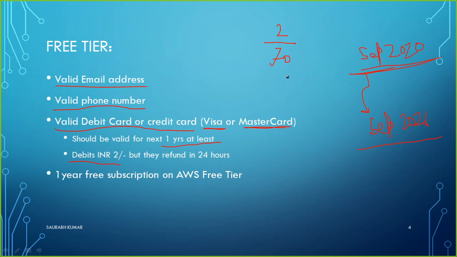And the plus point is that whatever they charge you is going to be refunded back to you in 24 hours. So what do they charge this money for, if they return it? Actually, they debit this money just to verify that the account or credit card which you have used really has validity, and really has the option to do the transaction. So just to check the transaction, just to check your identity, they do this transaction. They debit 2 rupees or something from your credit card or debit card, but that is also going to be returned back to you. So it is almost free.